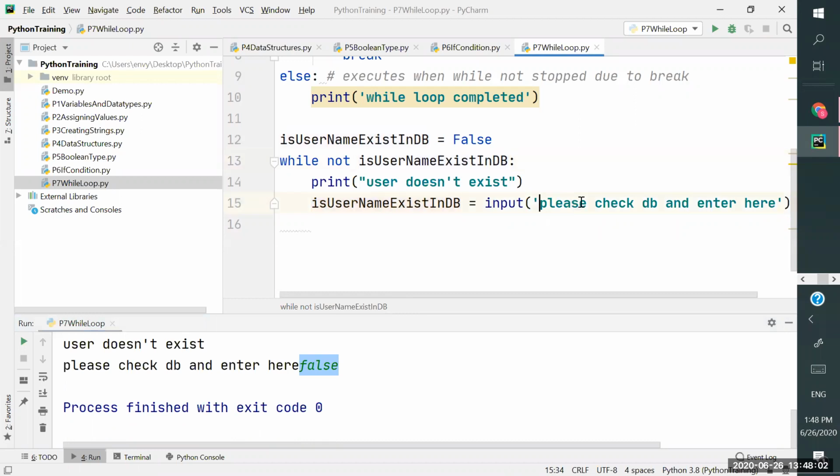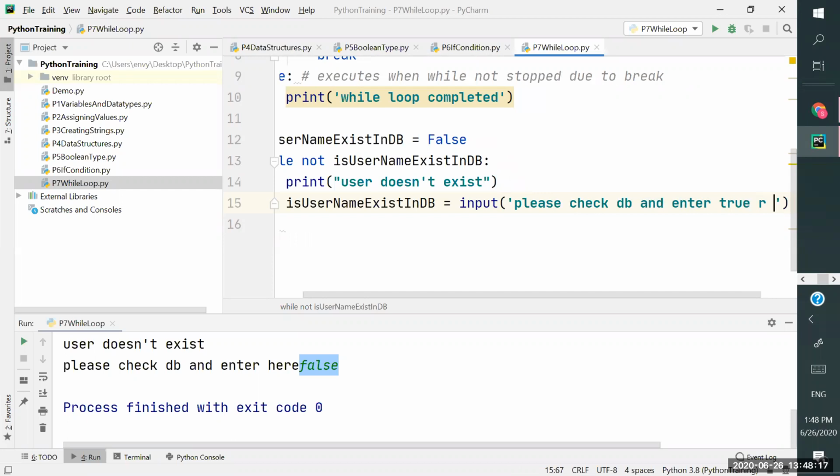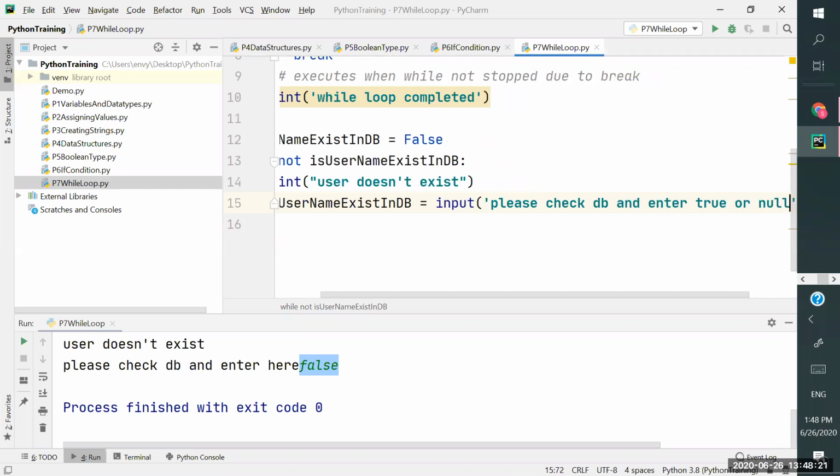So I'm giving a message here saying please check DB and enter true or false here. Enter true or null. Okay, true or null here.